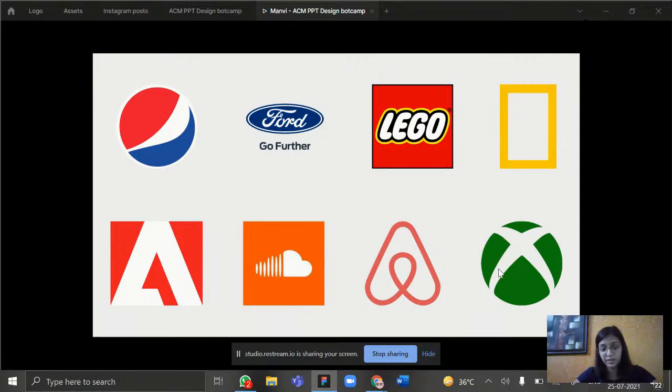There can be downward facing triangles too. I think you guys know that the Guess logo is a downward facing triangle. It's like this. So they can all convey different meanings. Now you take YouTube, it has